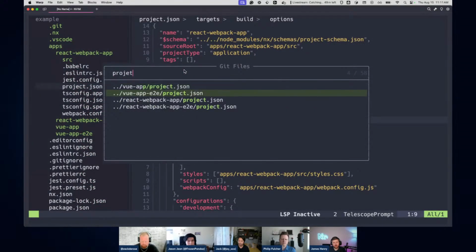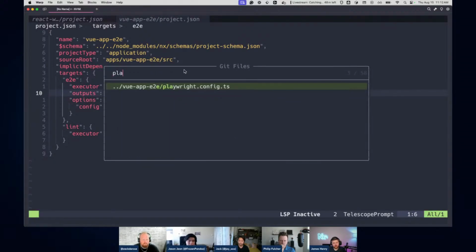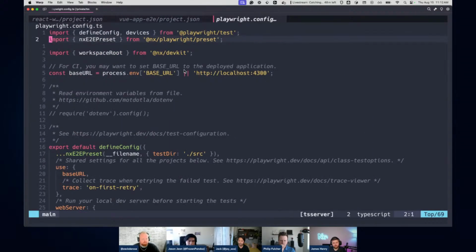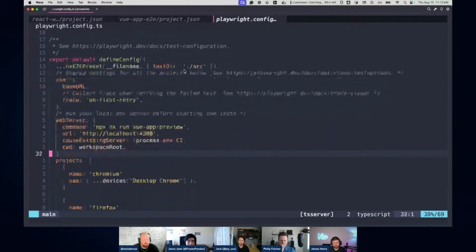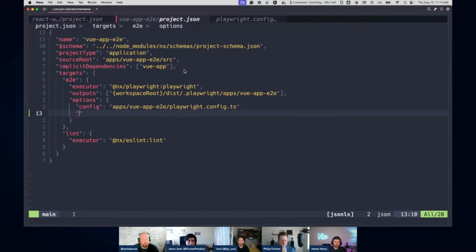This one, we can take a look at the Vue app, which is using Playwright here for E2E. And we have these outputs configured. And these again are already configured in your Playwright, or should be configured in your Playwright config, right? So if you have any outputs like screenshots, whatever, they're captured here. But we have to duplicate them. And if you have options in here as well, like, I forget, maybe watch, for example.